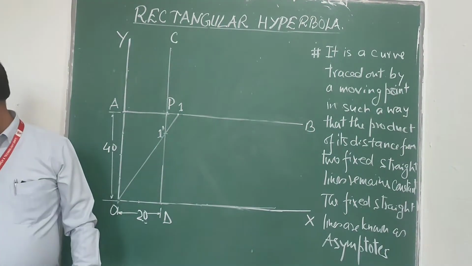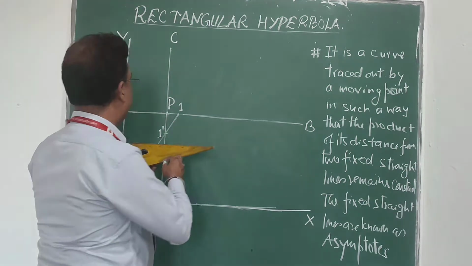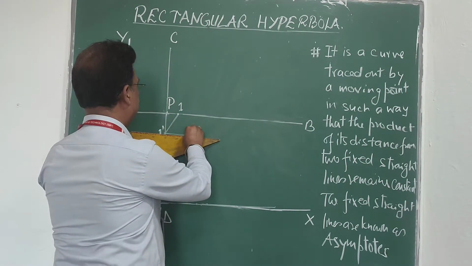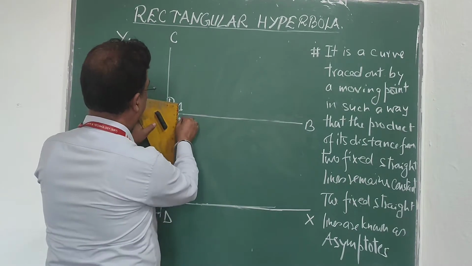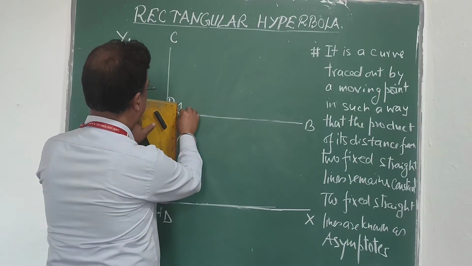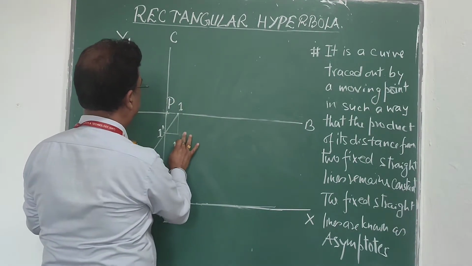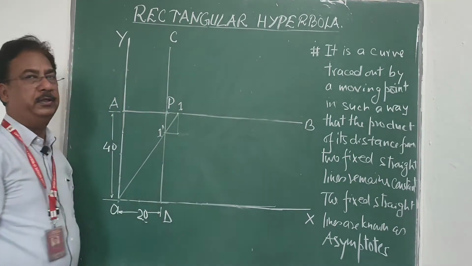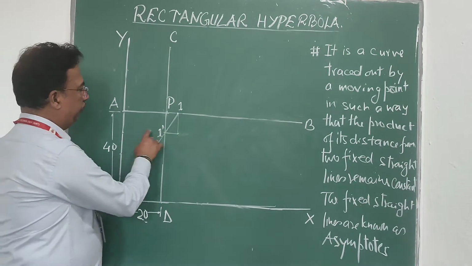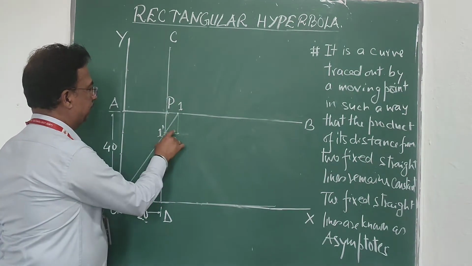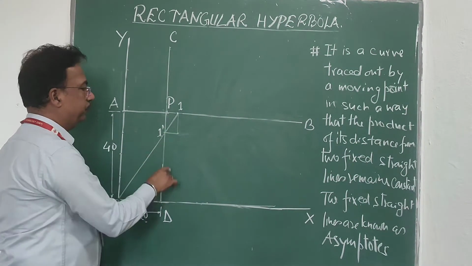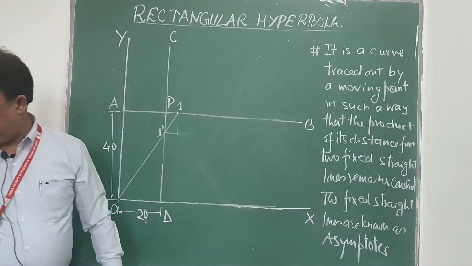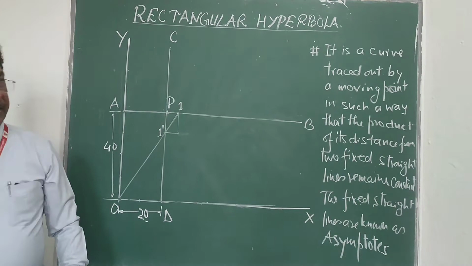After that, from this 1 dash we will draw a line parallel to the OX, and from this 1 draw a line parallel to OY. The intersection of these 2 lines will be the next point on the curve. If you want to check, the product of the distance of this point from the OX and OY remains the same. Next, I will move further